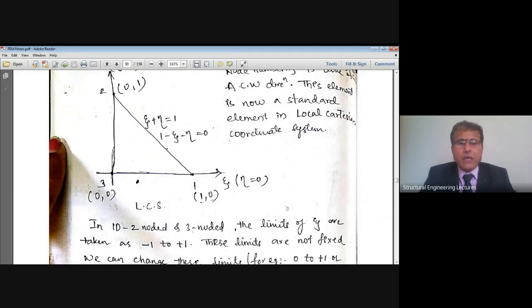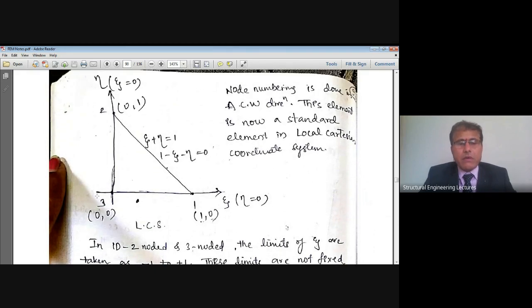You please see that the non-dimensional coordinate system doesn't have any dimensions. Actually, in the Cartesian coordinate system, node 3 has coordinates x3 y3, and x1 y1 and x2 y2 for the others, in either mm, meters, inches or feet as appropriate. But here we are not saying so. We are saying that it is just 1 unit or 0. That is how this is called a non-dimensional coordinate system. Students, I hope you are understanding this, right? Hence the name non-dimensional, or unit, 1 unit.